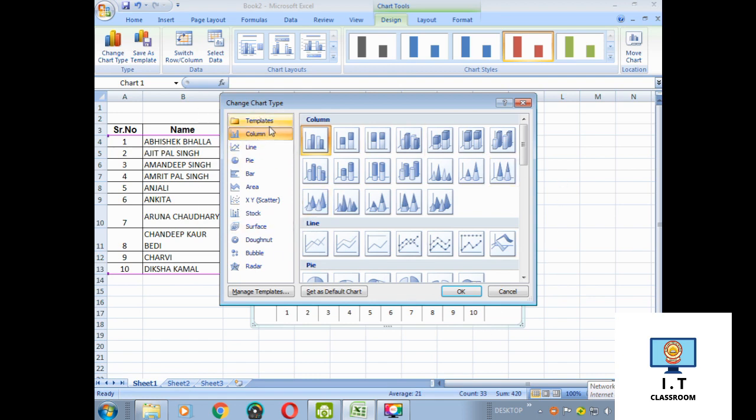In the left hand side pane you will find different types of chart. So from here also you can change the chart type and insert the chart which you desire. Suppose now you want to draw a line chart. So select line. After that click on OK button.